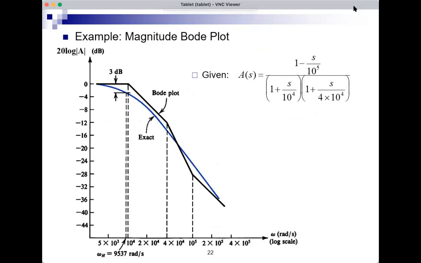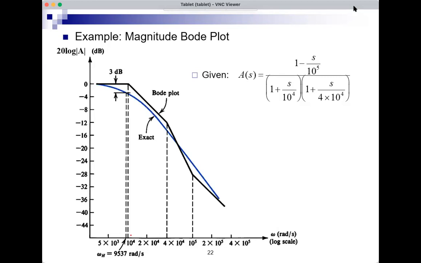The blue curve is the exact one, and we can get it from maybe a software tool like MATLAB, or PSpice can do it, or other similar programs. So we can do the Bode plot, the exact one, the blue curve. And we will learn next how we can construct the approximate one, the black straight lines. So this is what we have, and you can see